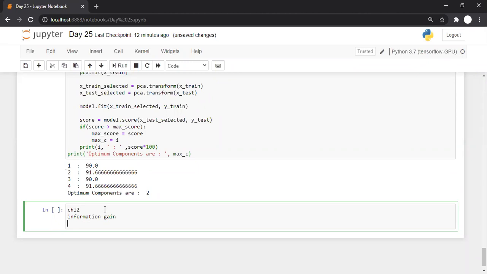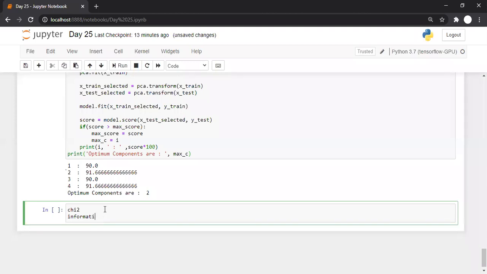And any other way that you can think about that you can use to reduce the dimensionality? Yes, class. So we can use principal component analysis and all. Okay. So let us go with this chi-square method, information gain method, and so on.